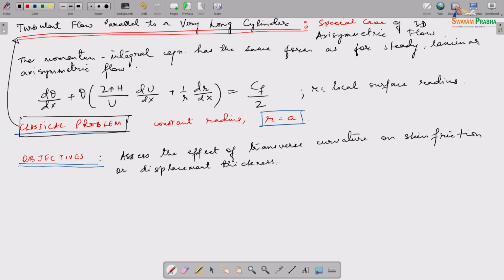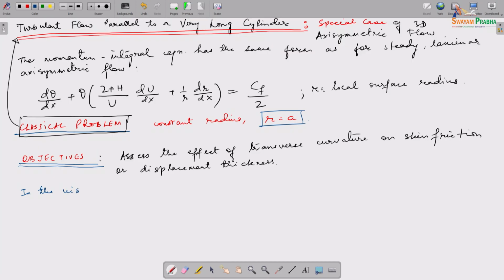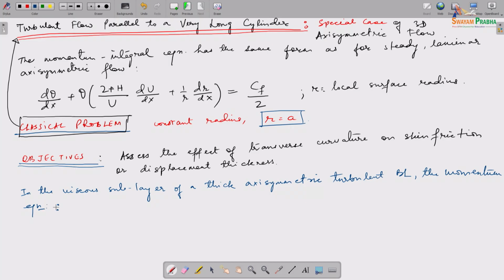Now, in the viscous sublayer, right, of a thick axisymmetric turbulent boundary layer, okay, the momentum equation, right, is